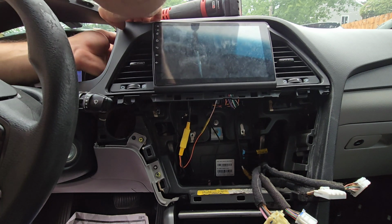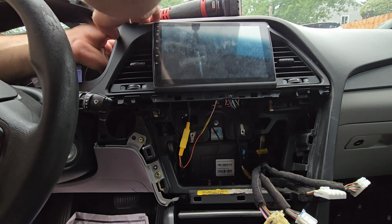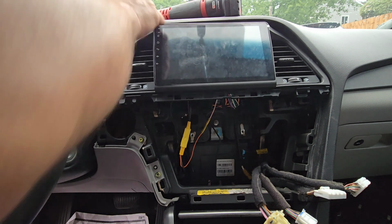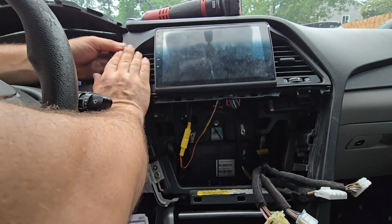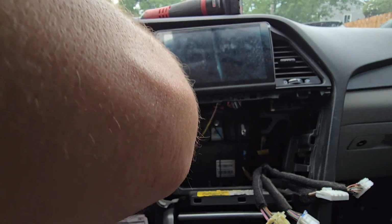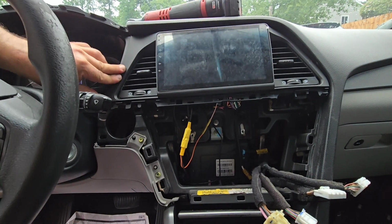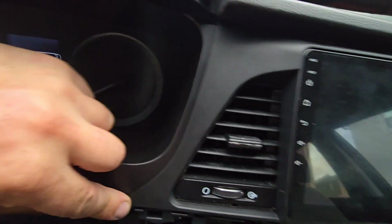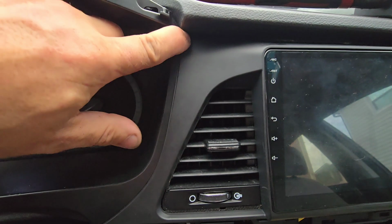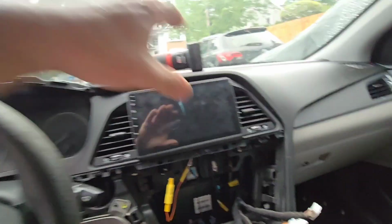Let me try to see if I can install this here, because they did not want to stay properly. Okay, this one went in. Okay, here we go. This is where I wanted to get. You need to make this flush so it's not over one plastic, it's not over the other one. And this is what I needed to achieve, and I did. I'm happy